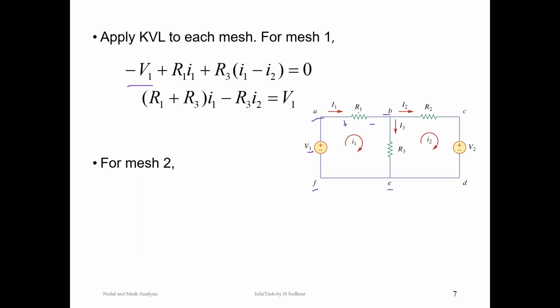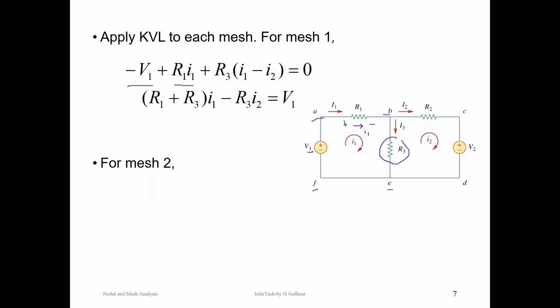So as R1 is only belonging to mesh 1, the current flowing through R1 is only a mesh current. Just neglect other currents. If the current flowing through R1 is from left to right, let us assign plus to minus positive sign convention, then the voltage drop in R1 is plus small I1 R1. Okay, now come back to this resistance.